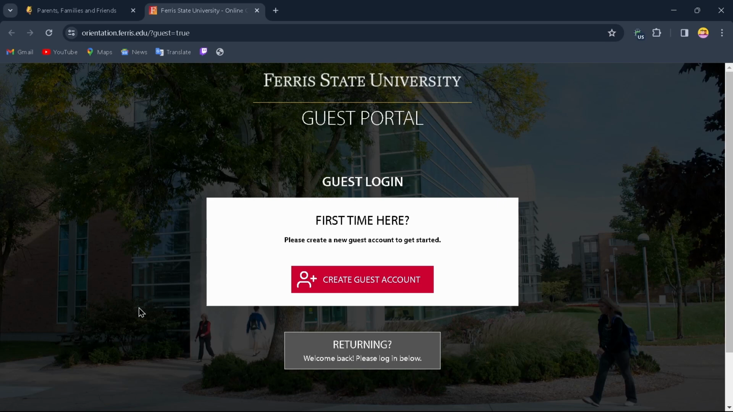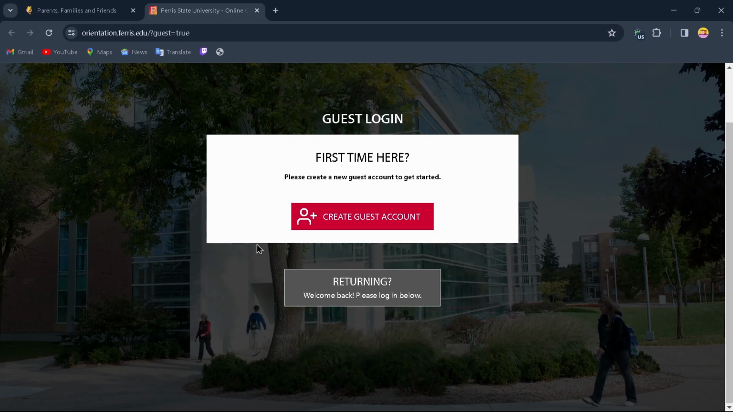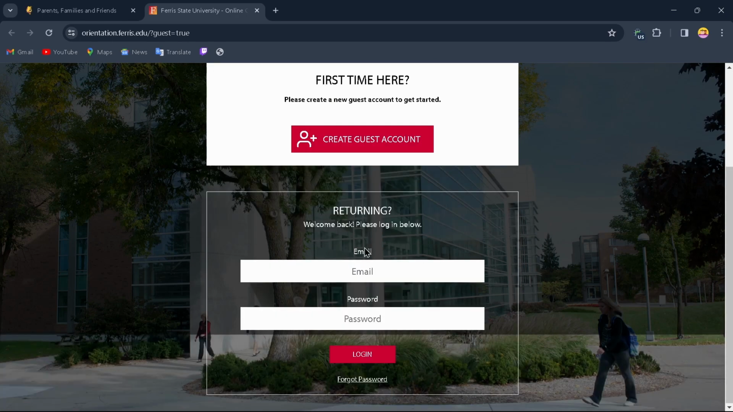After tapping on visit parent portal, now what you can do is just simply tap on create guest account if you don't have an account. But if you do have an account, what you can do is just tap on returning, welcome back, please log in below. By tapping on that option, now what you can do is just simply enter your email address and then enter your account's password. After entering your account's password, now what you can do is just tap on login, and by tapping on login